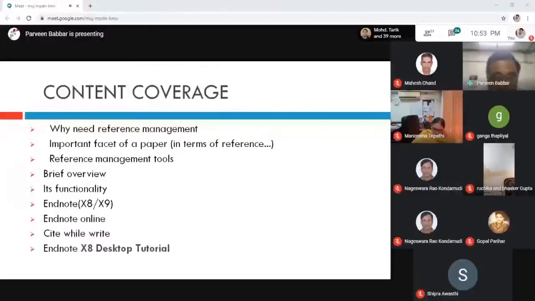Apart from that, I would briefly describe EndNote and its functionality. EndNote X9 has been released, so you can use X9 or X8. We can also see EndNote Online and how we will cite and refer.